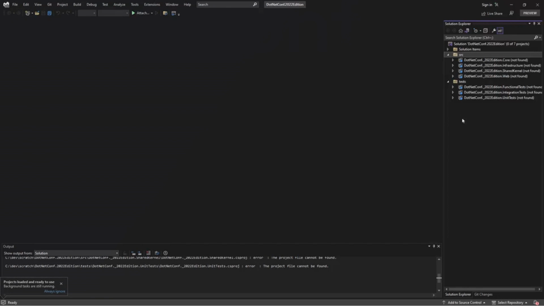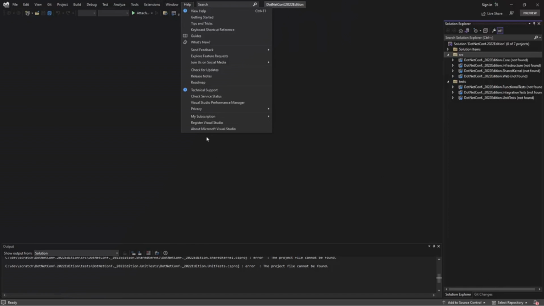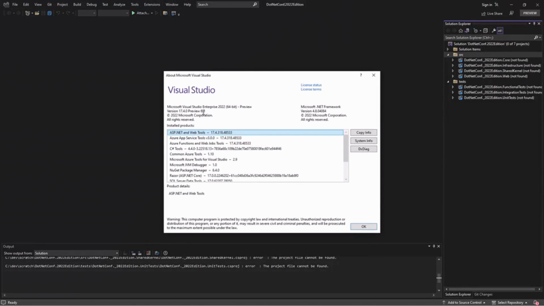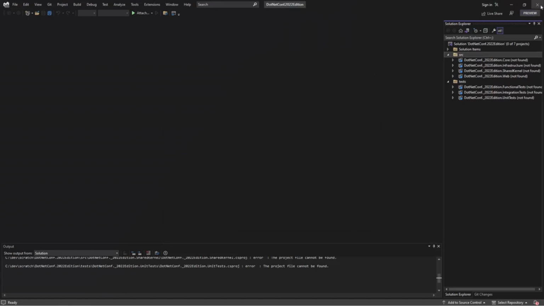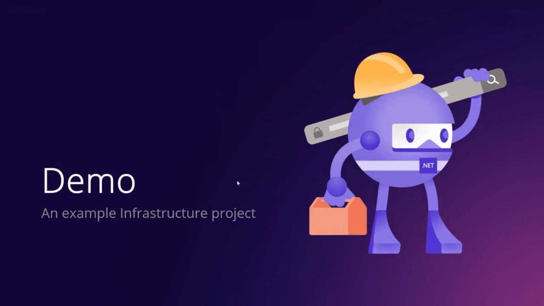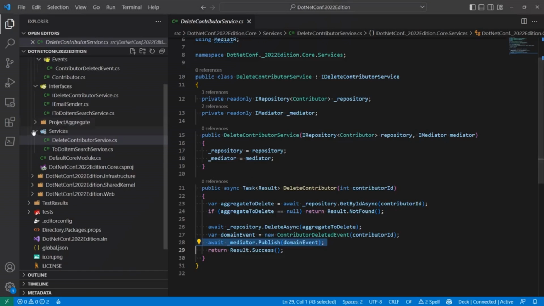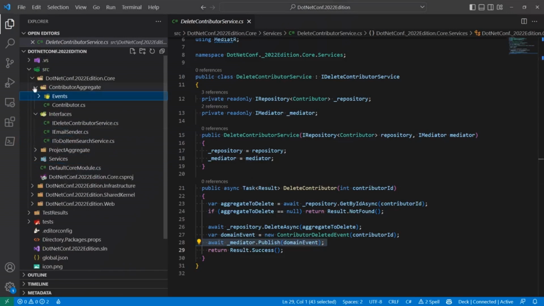No, it didn't like that. I think this is the preview build. Let me just check that real quick. Yeah, this is 17.4 preview. I thought this would work, but nope, doesn't look like it likes this project for some reason. So I'm not sure what's going on here, but we'll just keep with code. So let me switch back to VS Code, and we'll just continue on.